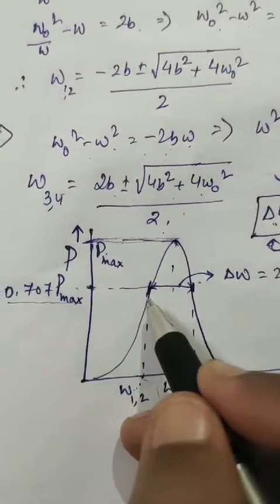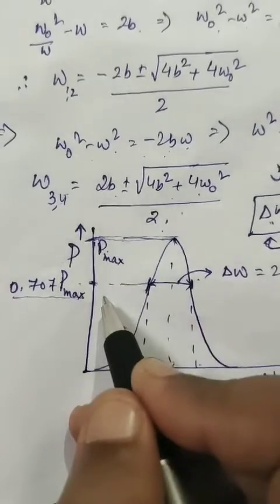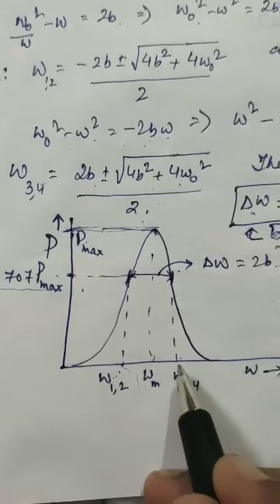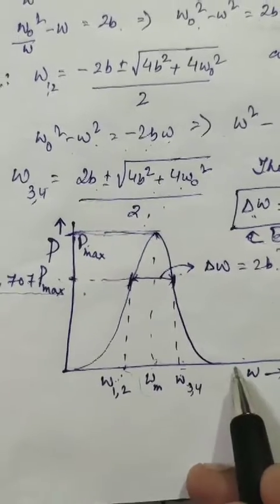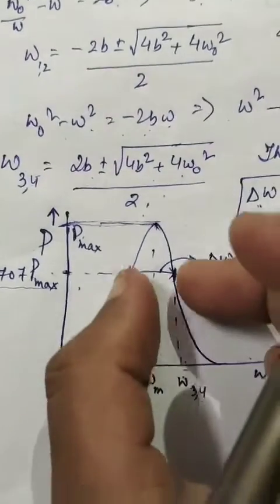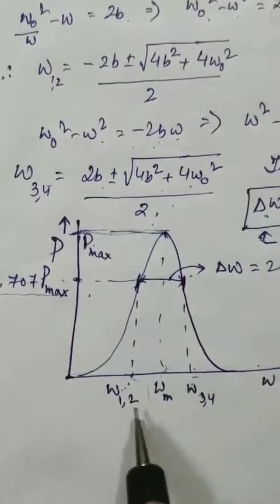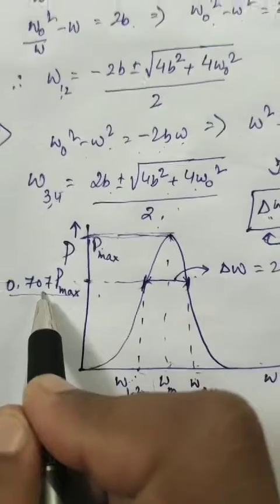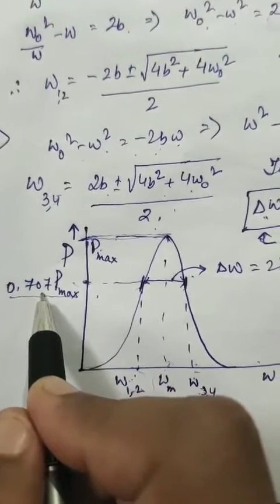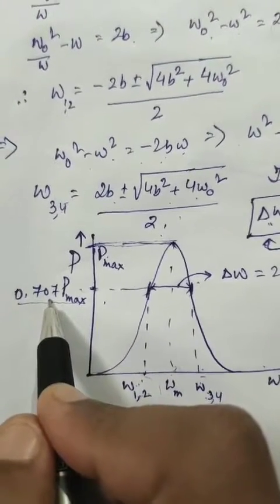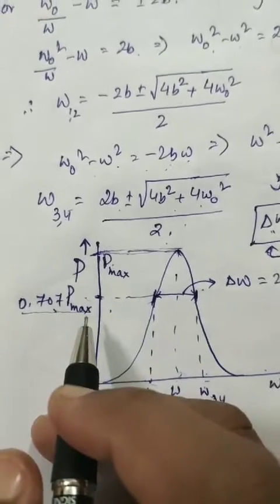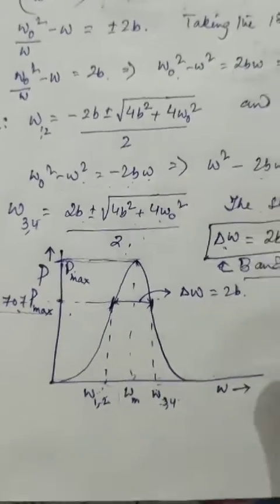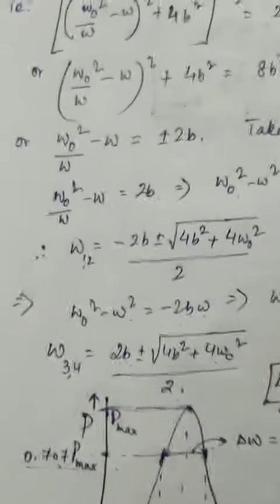If you go beyond these frequencies, lower than this frequency, the power is low. Higher than this frequency, the power is again low. So the maximum power is between these two frequencies. That's why I took 70%. That's the nomenclature, or this is how you do it. You try to find out the frequencies at which the power is going to reduce to 70% of its maximum